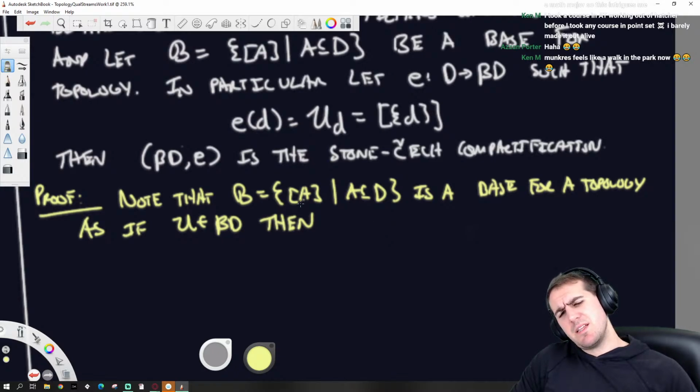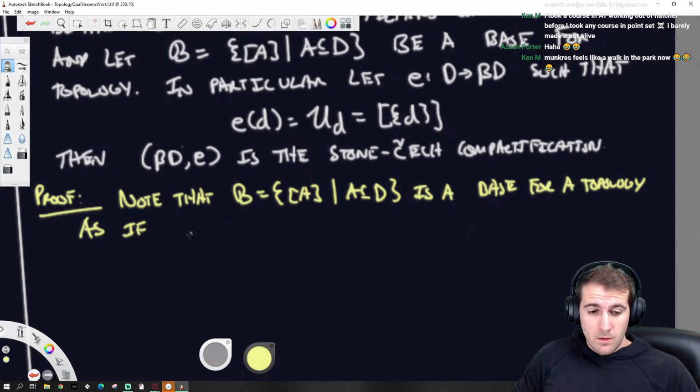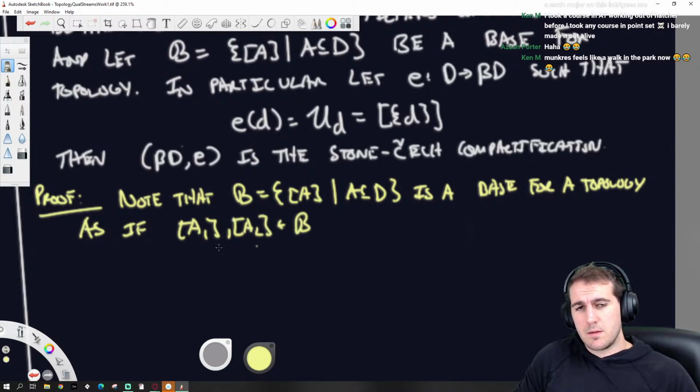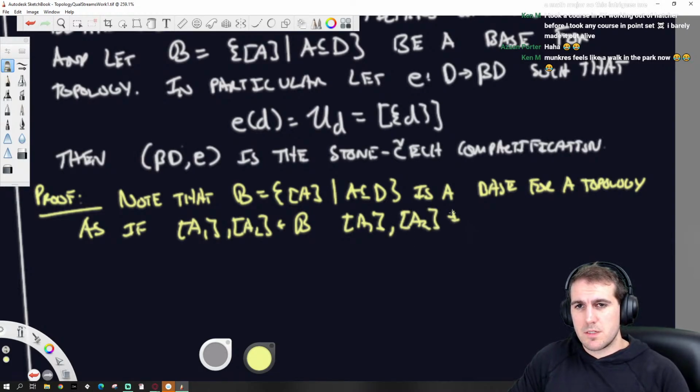That's not how I want to say it either. I just want to show that if I intersect two things, start with that, because that's easier. So if A1 and A2 are within B, which are not empty, so A1 is not equal to the empty set.